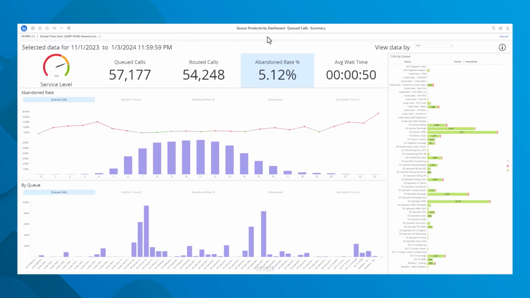In this video, we'll be showcasing the Queues dashboard for UNIVERGE Blue Engage. This dashboard lets supervisors see historical data in a graphical format, with essential metrics like service levels, average talk times, and abandoned calls. With this dashboard, supervisors can extract key insights into the efficiency and effectiveness of their contact center